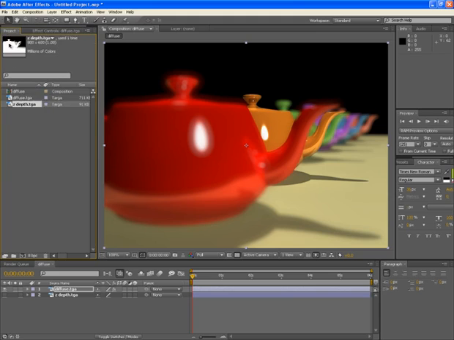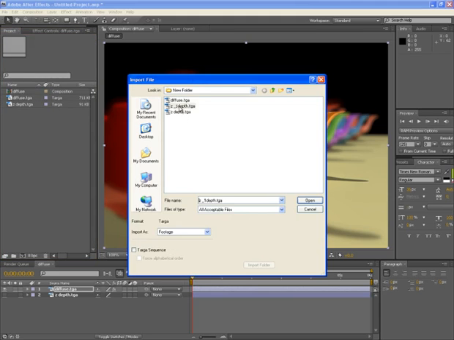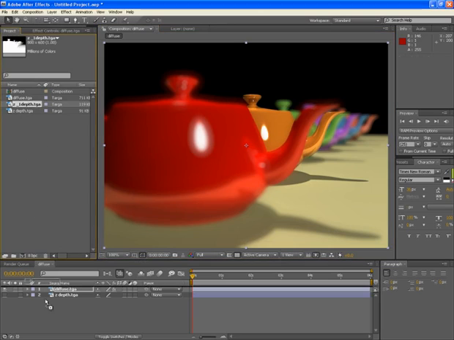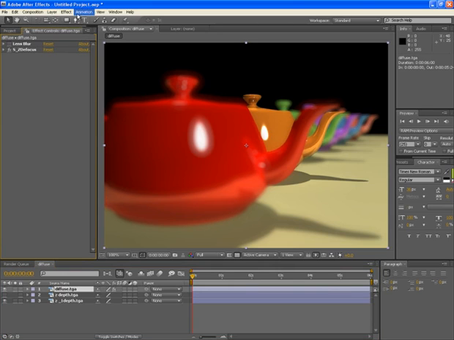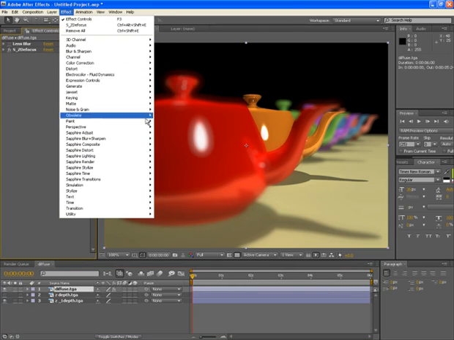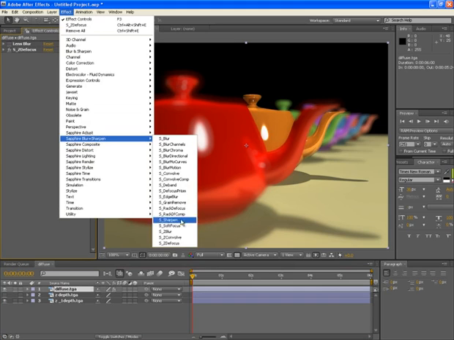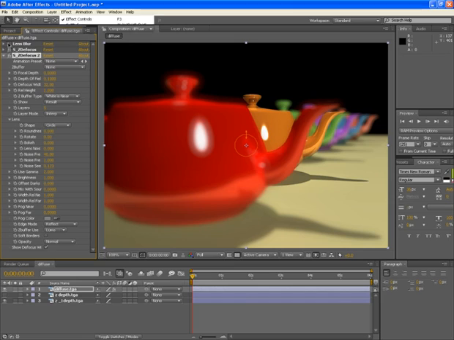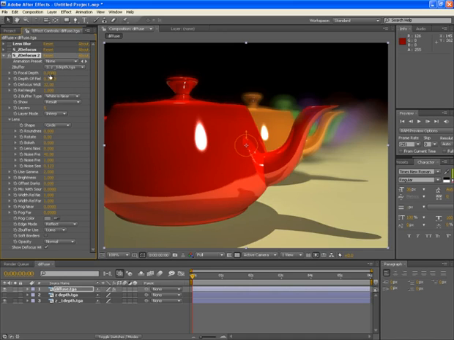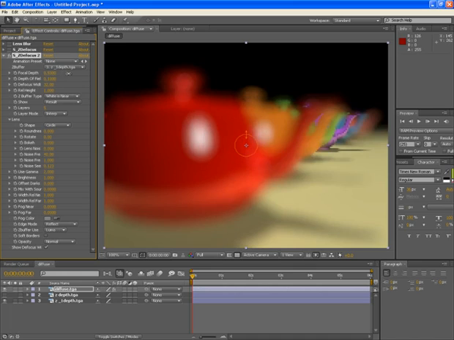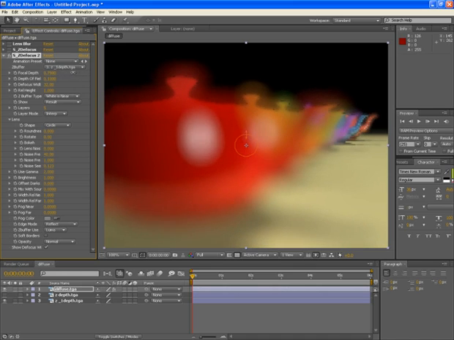Here in After Effects, bring this Z1 depth image in the comp, put it here, and in the diffuse layer I will apply another Z defocus effect. Turn off the first effect, and in the second effect I will choose Z1 depth as the Z buffer, and now I can focus on each and every teapot individually.